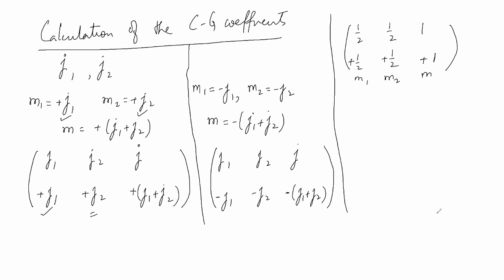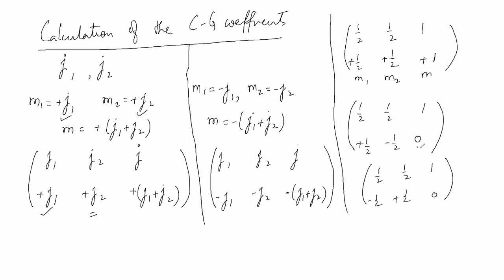But mind it, the other possibilities could be half, half, 1. This is 0. Projection is 0, which is possible from plus half minus half, or from minus half plus half,